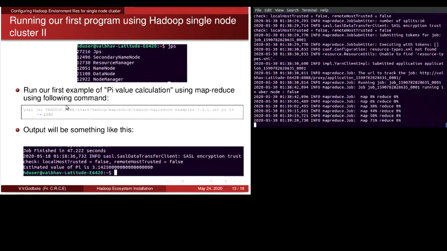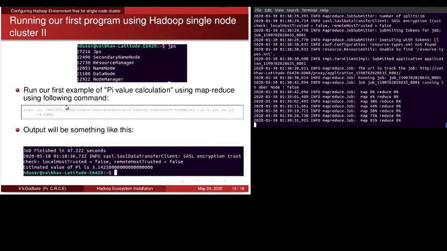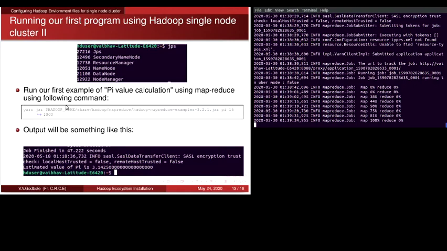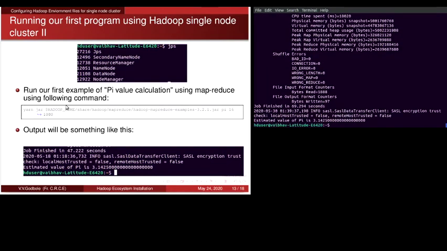It is still compiling it. And you can see finally the value of pi is displayed here. So that completes our first program.